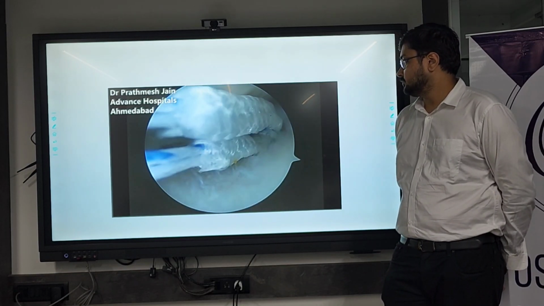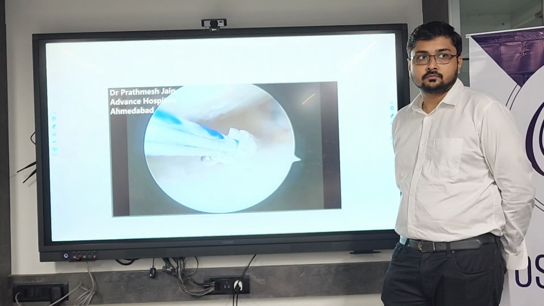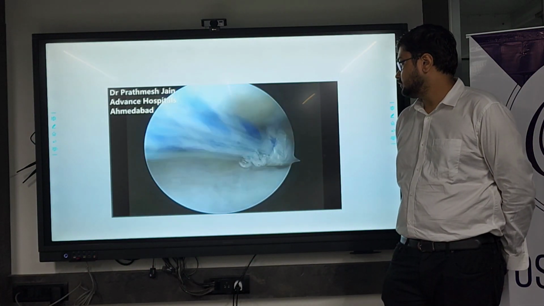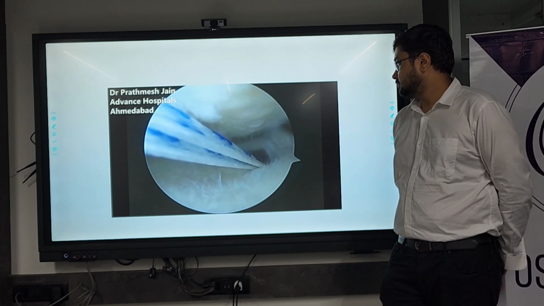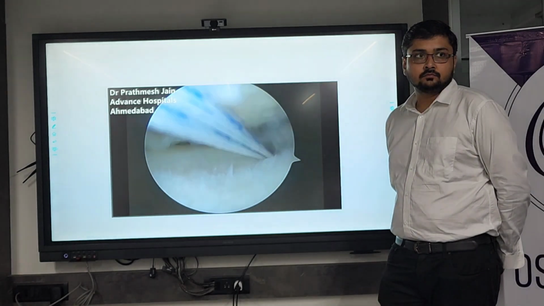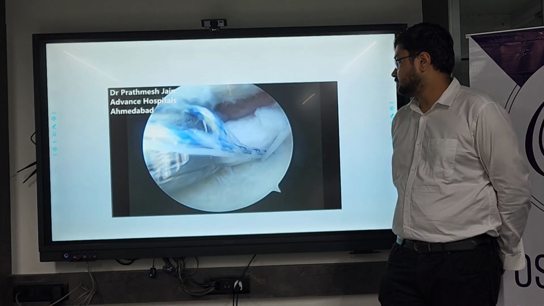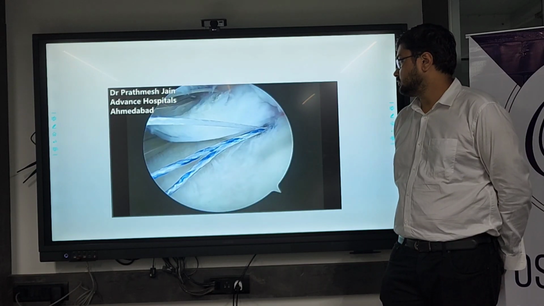So this is the root fix anchor. You just have to pull it a little bit. As soon as you pull it a little bit, it will lock into the subchondral bone. Once it goes into the subchondral bone, it is locked there, and from there we will pass sutures one by one. So here it's your choice. You can pass 3 or 4 sutures, whatever you decide, sequentially.